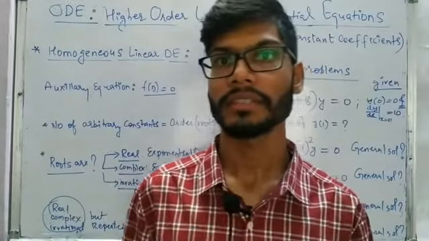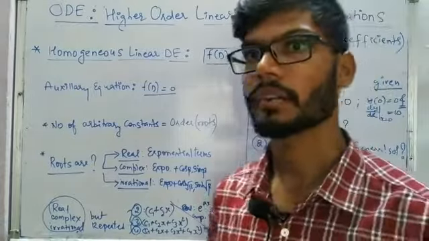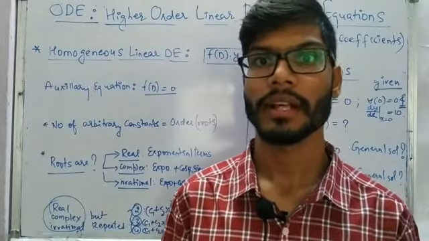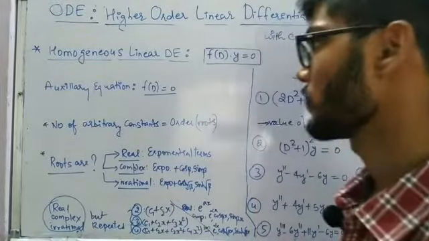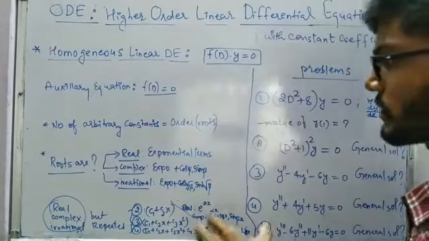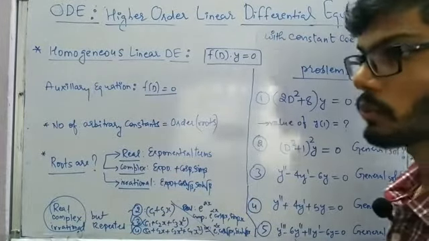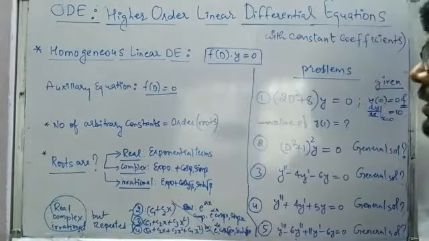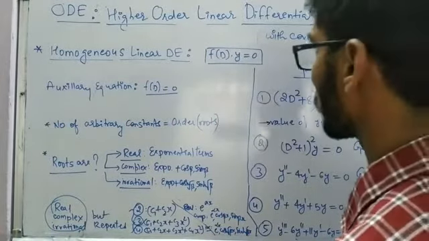In the previous session we had a discussion on homogeneous linear differential equations of higher order, and we looked at a list of formats: if we have the roots in these particular formats, how we are going to write the general solutions. So let us recap in the shortest manner, because we made the list of formulas, but to keep the formulas in our mind in an effective manner, we'll build a little understanding so that we do not find it difficult to write the solution.